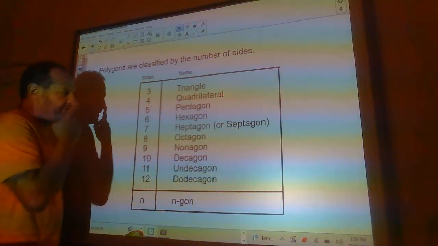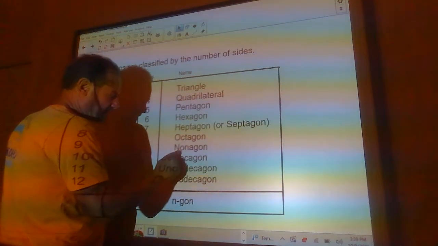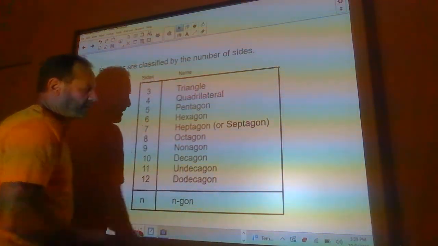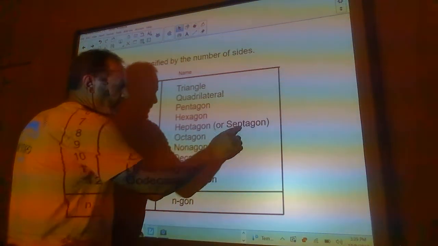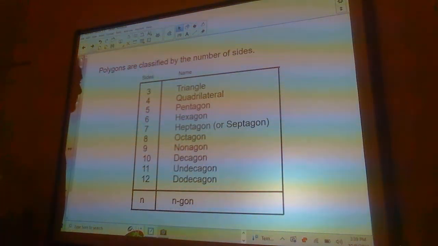Now I think this is interesting. You know, you got sept, oct, nov, and dec. So September is the seventh month, right? Except that it's not. It's the ninth month, but it used to be the seventh month